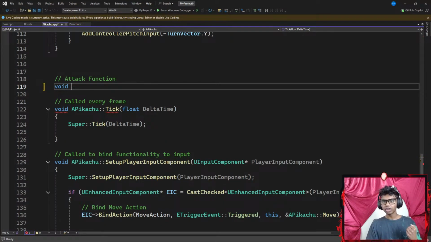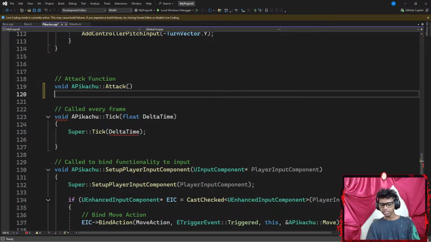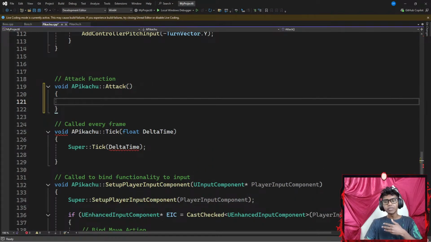I'm going to go ahead and create another void function now. This is going to be from my Pikachu class, with a scope resolution operator that points towards my attack function. Let's go with attack, with a pair of parentheses and then a pair of curly braces. Now my attack function is going to have